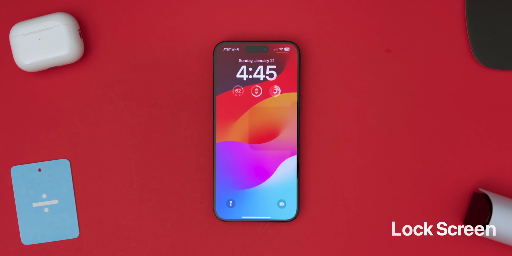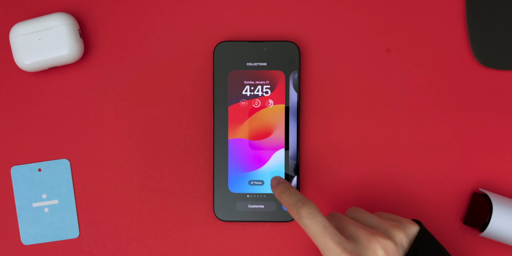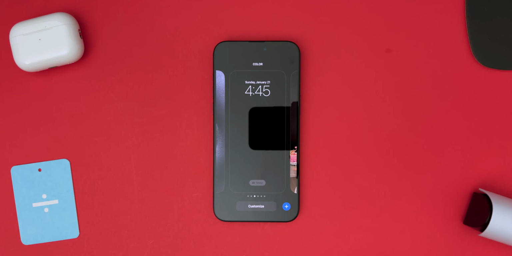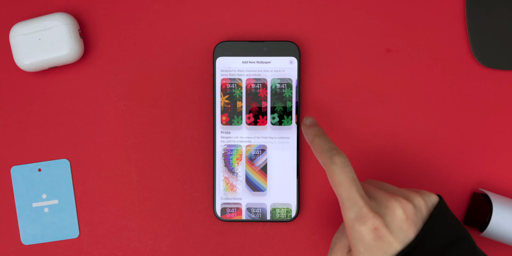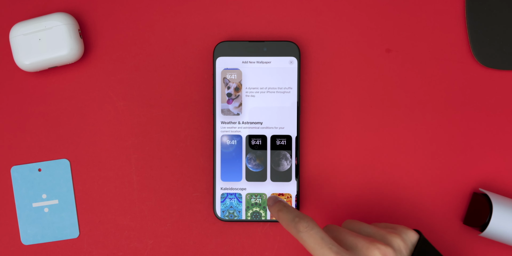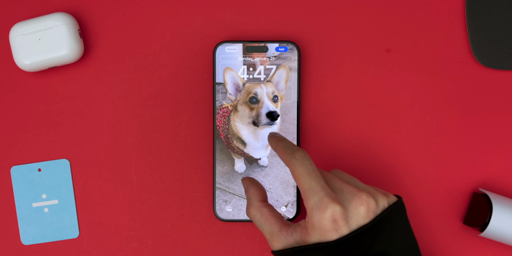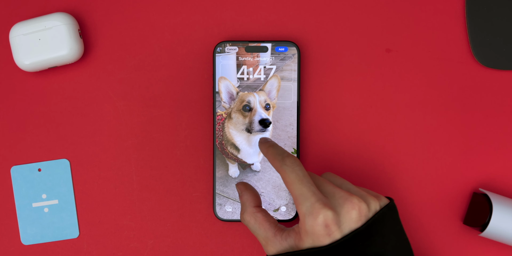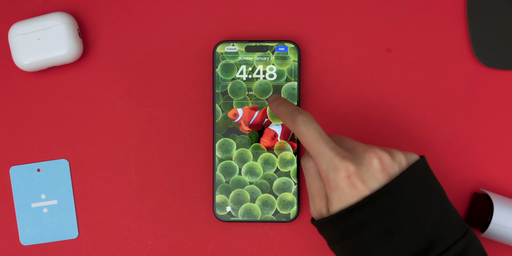Okay, the first thing you see on a phone is the lock screen. On iOS 17, if you tap and hold it, you can swipe through the different ones you have saved. If you want to create a new one, Apple includes some nice wallpapers like these live weather and astronomy ones. And when choosing your own photo, there can be a cool depth effect. But here's where iOS stands out.